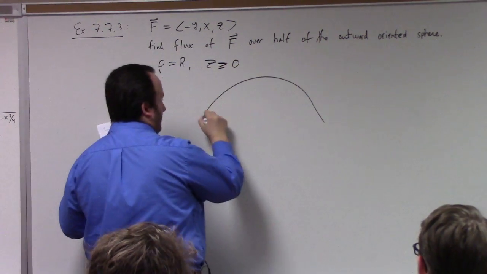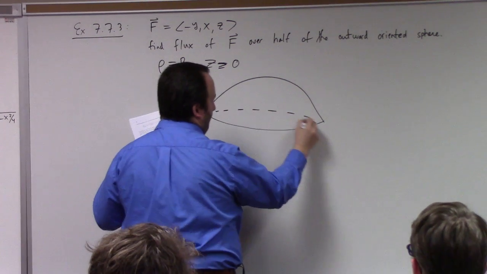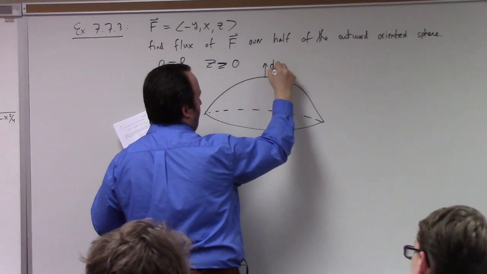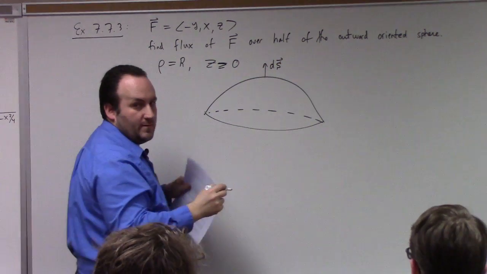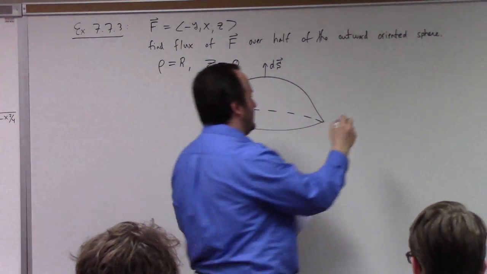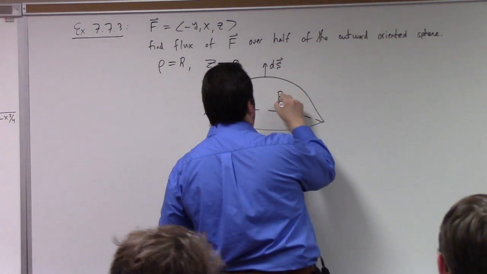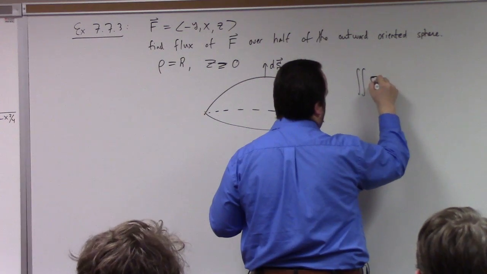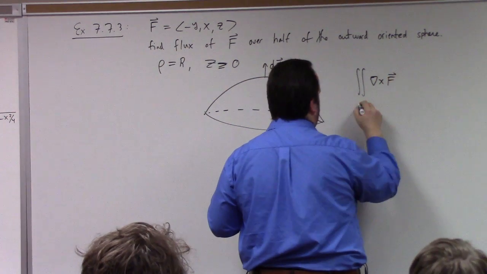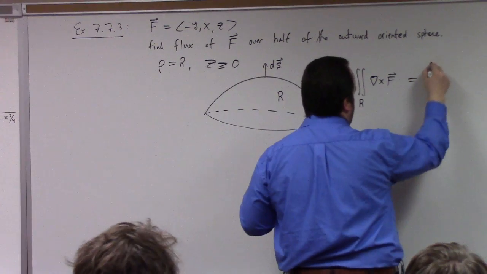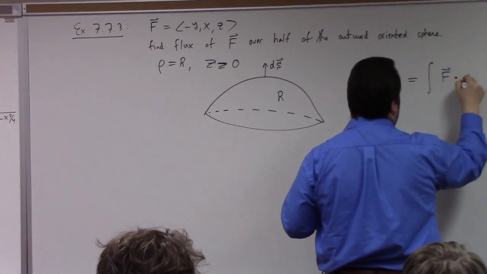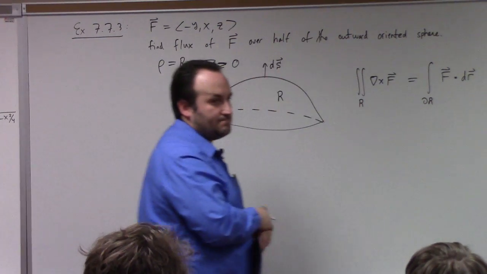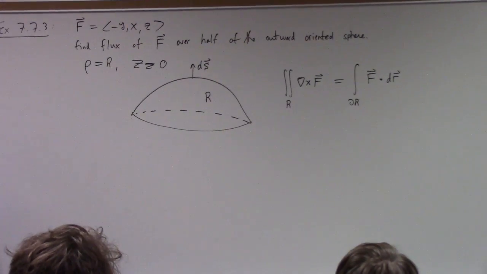So here's a picture. We're looking at the normal like this. And so Stokes' theorem says, call this thing R, that the integral of the curl of F over R is equal to the line integral of F over the boundary of R. This is what Stokes' theorem says. Now that has to be the consistently oriented